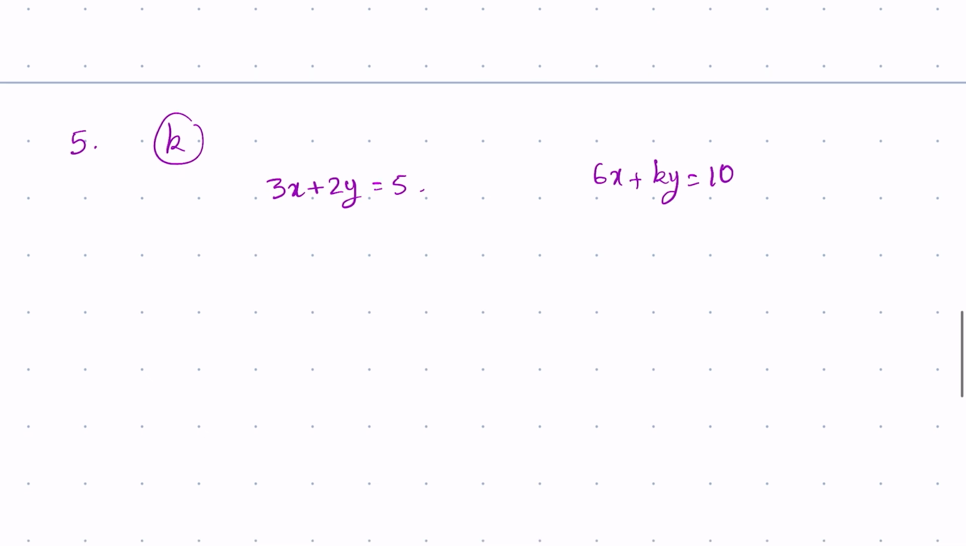So what is question number 5? Question number 5 says, for what value of k, okay, so there's some k that we need to find out, the pair of linear equations 3x plus 2y is equal to 5 and 6x plus ky is equal to 10 will have infinite number of solutions. Okay, so infinite number of solutions just means that